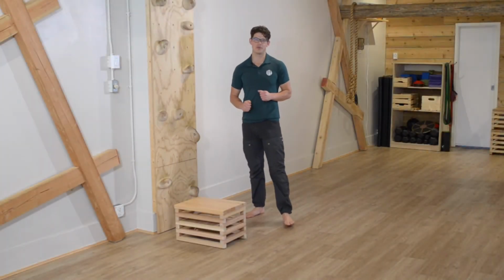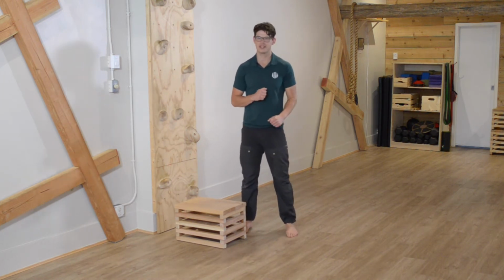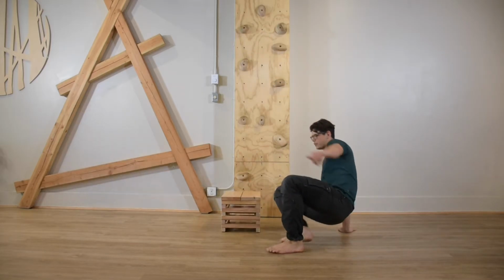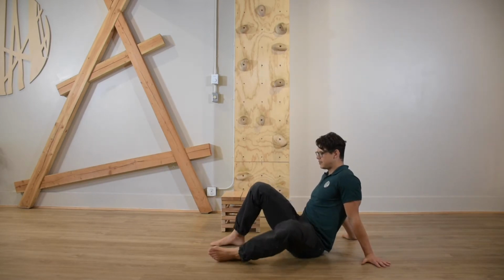All right, time to warm up. Let's get your heart rate elevated a little bit. Let's get your joints ready for the circuit ahead. And the first exercise we're gonna do together is a seated hip shift. Make your way to the ground, sit down, and let the knees fall to one side,